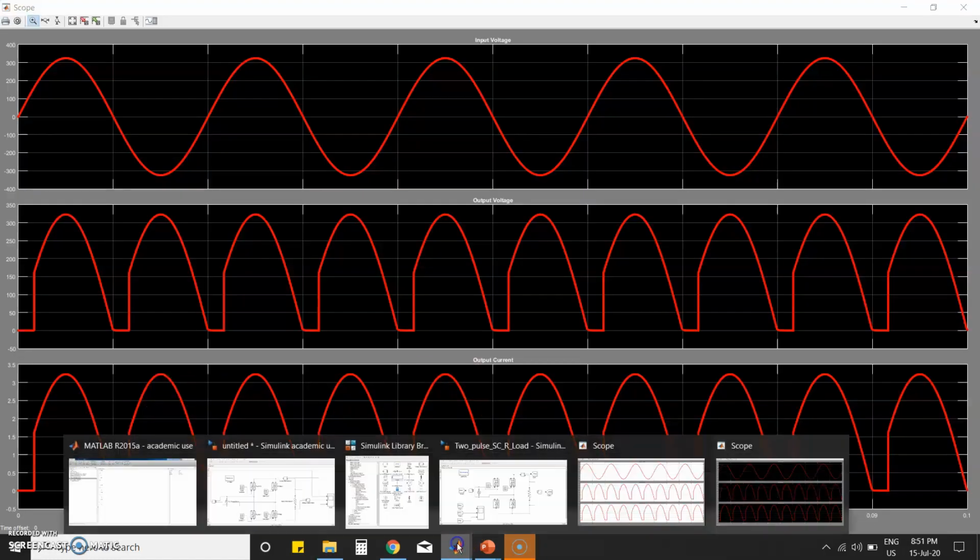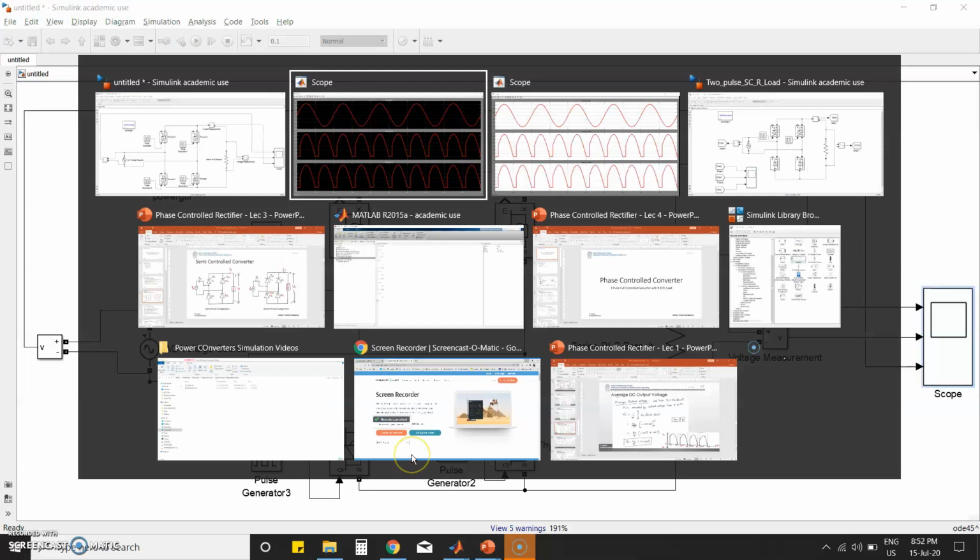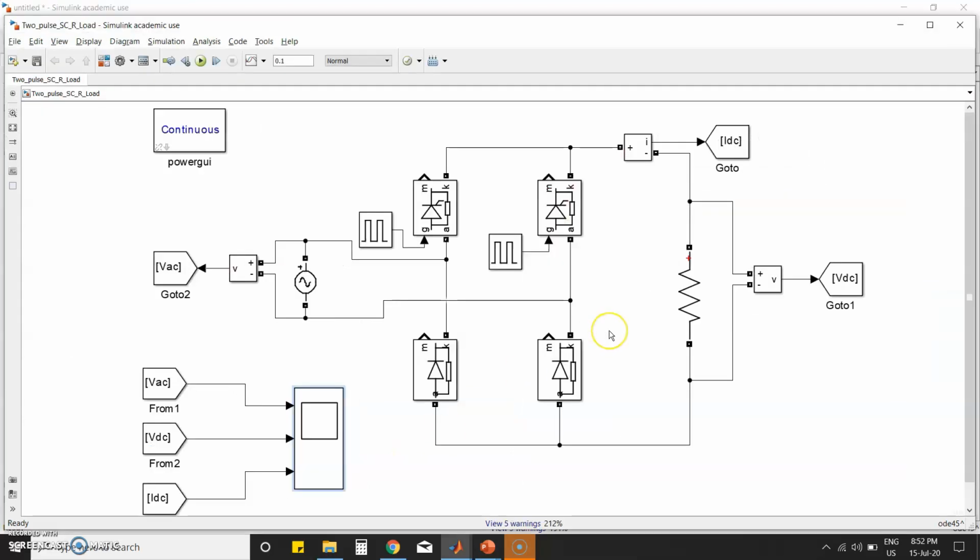So what you can infer from this is that for R load you can get the same output for full control converter and semi control converter. So in this way you can go for semi control converter because we need only two thyristors and two diodes, so we need only two pulse generators.